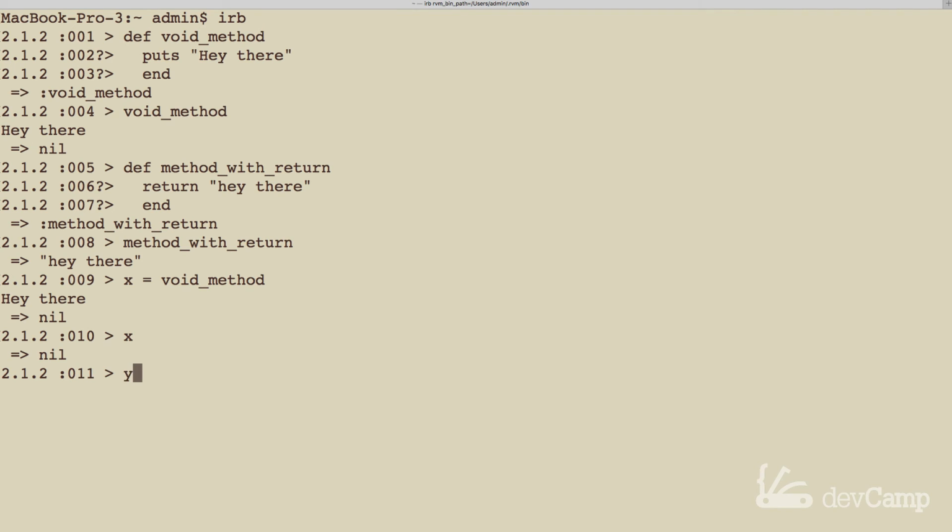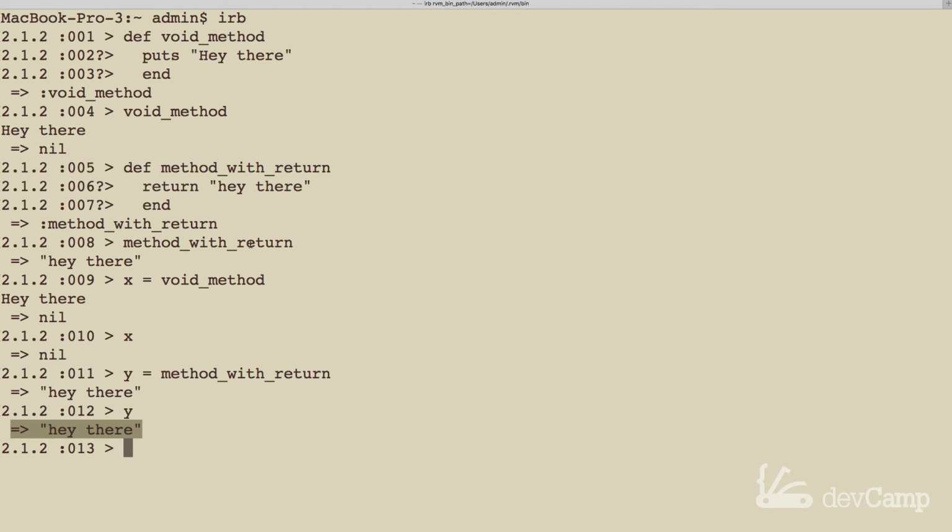So now let's create a variable called y, and I'm going to set this equal to method with return. If I type y and call this again, now the variable y is actually set to hey there.